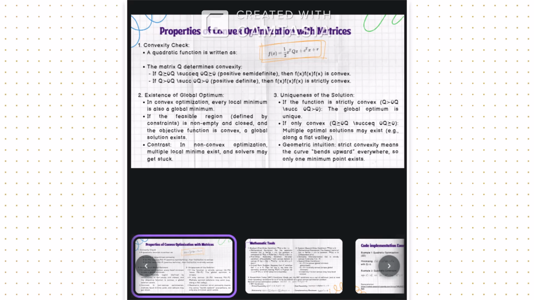Now, the uniqueness of the solution. If Q is positive definite, meaning Q is strictly greater than 0, then the function is strictly convex. That guarantees that the global optimum is unique. On the other hand, if Q is only positive semi-definite, then the function is convex but not strictly convex. In this case, multiple optimal solutions may exist. A typical example is when the function has a flat valley where many points along that valley achieve the same